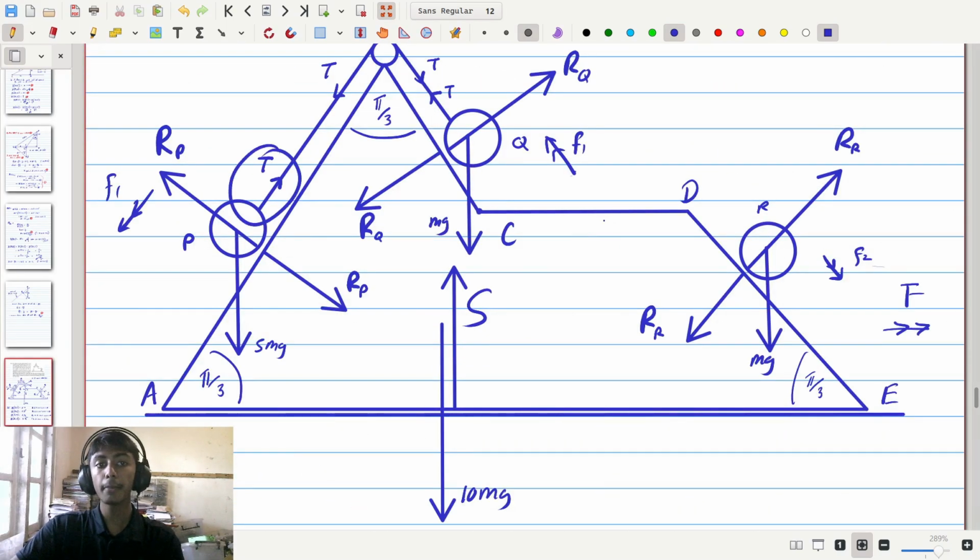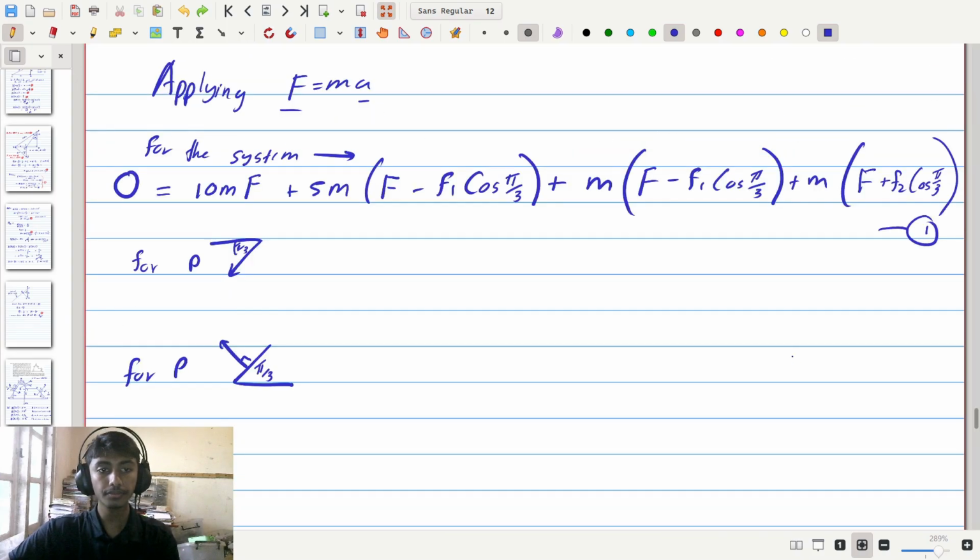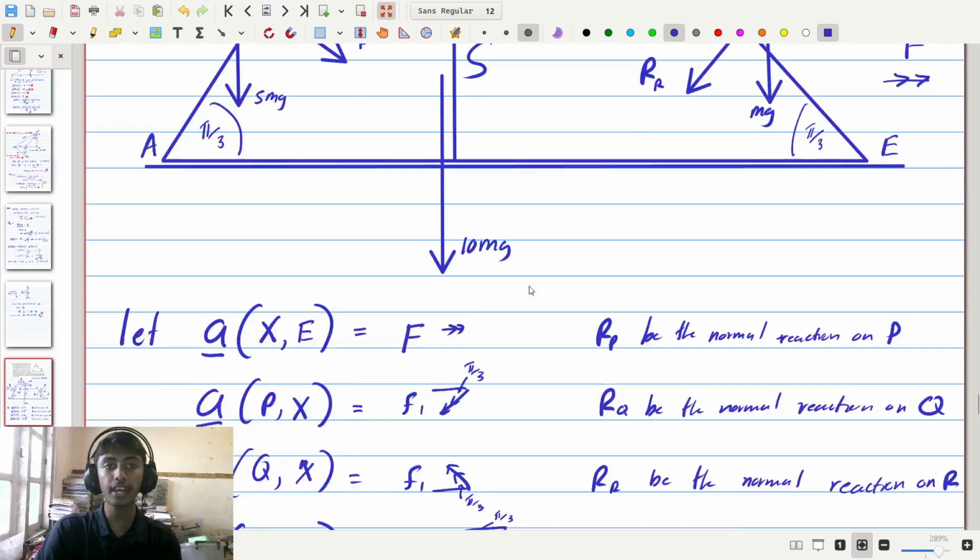Now, considering down the slope, we have a force of T, but that force of T is going up the slope, so it's negative. We also have an mg component in this direction. If we consider the angle here, it's going to be the sine component, so we have 5mg times the sine of pi by 3 downward like this, and then the other force Rp is perpendicular, so it doesn't actually contribute anything. So the only two forces we have here are the 5mg sine component and negative T. So if you go down and write that, we have down the slope 5mg sine pi by 3 minus T,